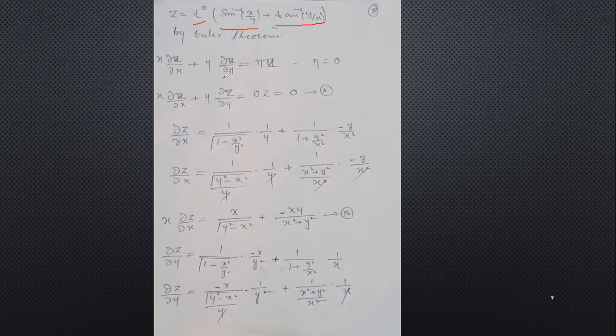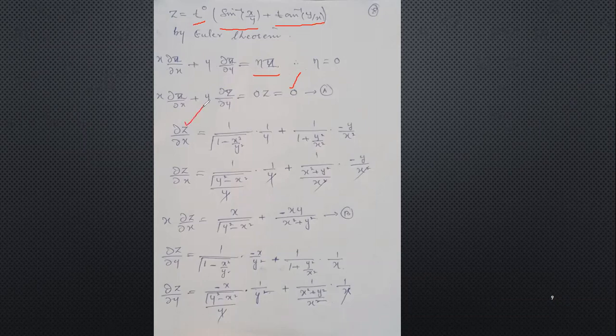Now by using Euler's theorem, here the power of t we have is 0, meaning n is equal to 0. So 0 multiplied with z, what do we get? We get 0. So 0z is 0. Now when we simplify the left hand side, in the right hand side we get 0. So when we get 0, then we say that Euler's theorem is verified.